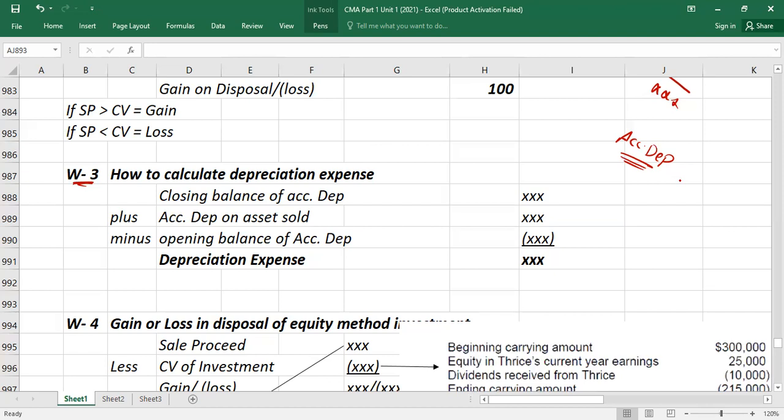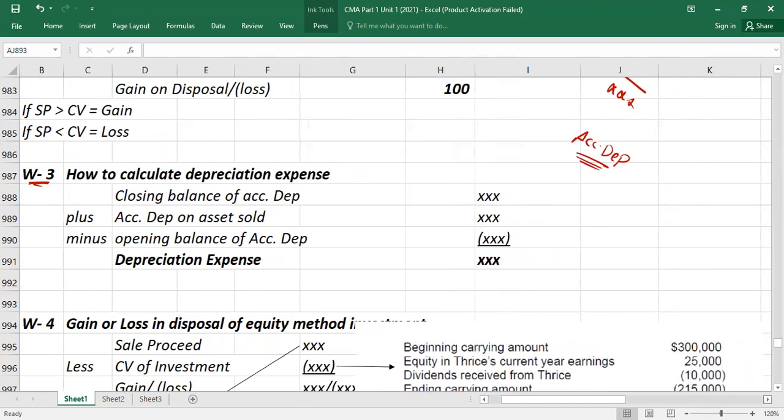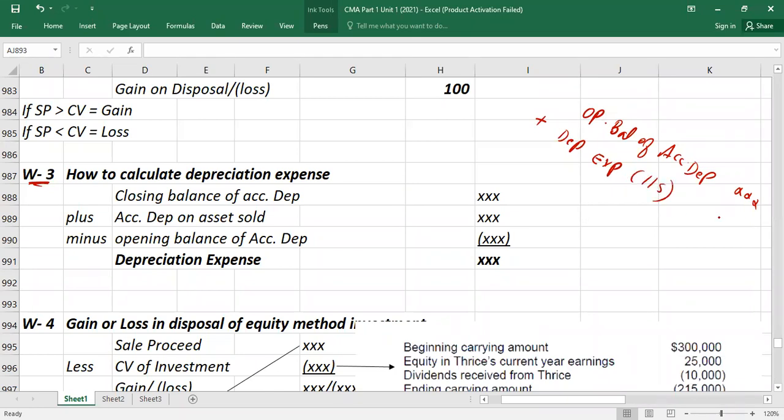So guys, for accumulated depreciation, what does the ledger normally look like, in statement form? We will always take the opening balance of accumulated depreciation. We will add depreciation expense for the period, which you will write in the income statement. Clear, guys? Then deduct what? Deduct accumulated depreciation